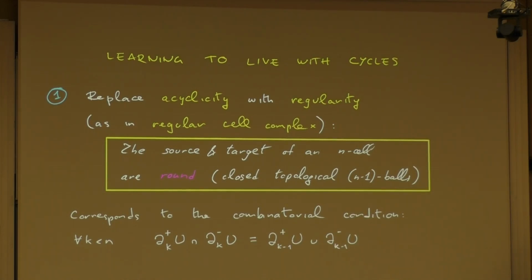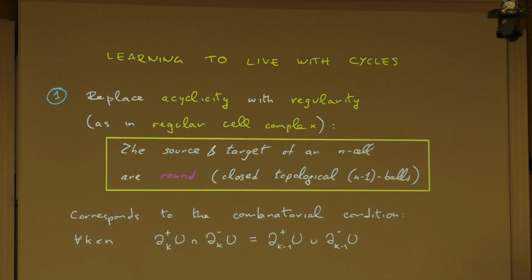So basically, a cell is a mapping of an n-ball into a cell complex, and in a regular cell complex, this map is always an embedding. In particular, in the directed world, we have something a bit stronger as a form of regularity, which is not just to say that the boundary of an n-cell has to be an n-1 sphere, but also to ask that both the source and target halves of the boundary are going to be closed topological n-1 balls